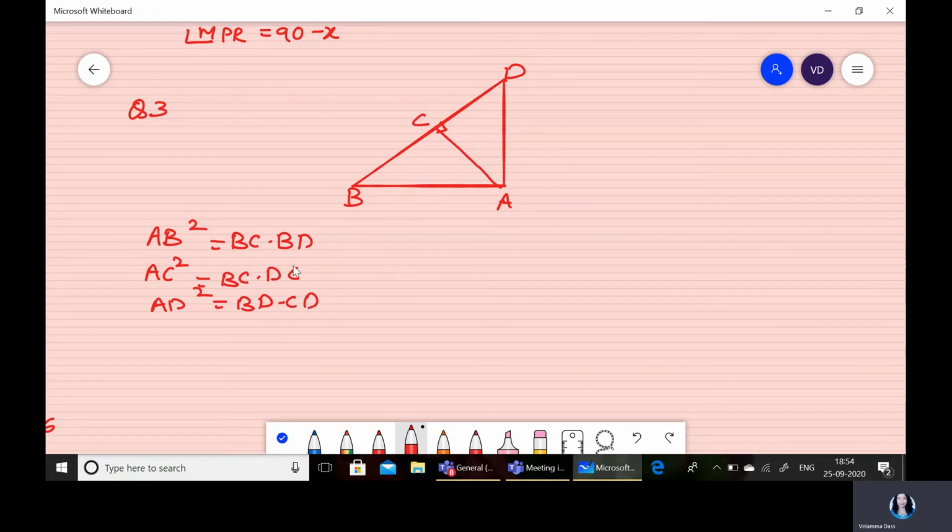Again here when into is there, you have AB square, AB into AB, and BC into CD. So here AB square means what? AB square means AB into AB. So here we know that you have to consider two triangles in such a way that AB exists. For AC square we have to consider two triangles where AC is there. And similarly for AD square we have to consider two triangles where AD is there. So when you go for the solution, it is very easy. So let's go for the proof, not solution, proof.